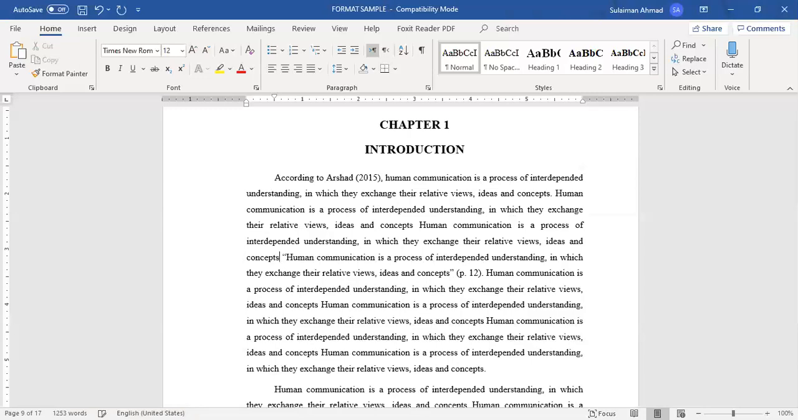Because you have already mentioned the name of the author right here, and in all these sentences you have been talking about the ideas taken from Khusnud Arshad, you need not mention the name of the author again. Rather, you may simply give the page number here by mentioning p dot and then the page number. So this is how you need to